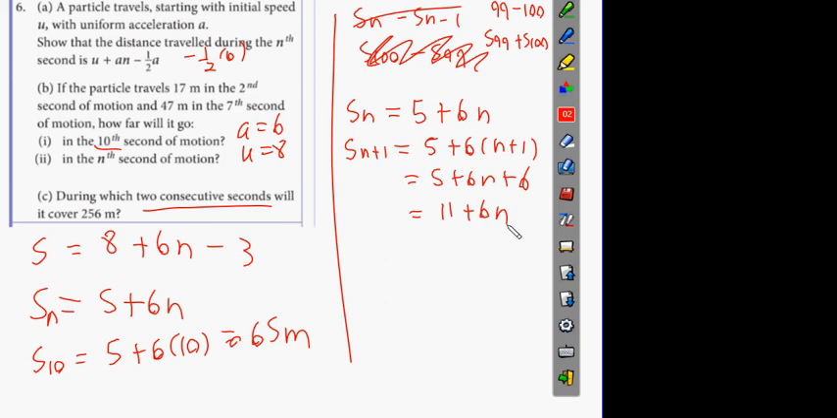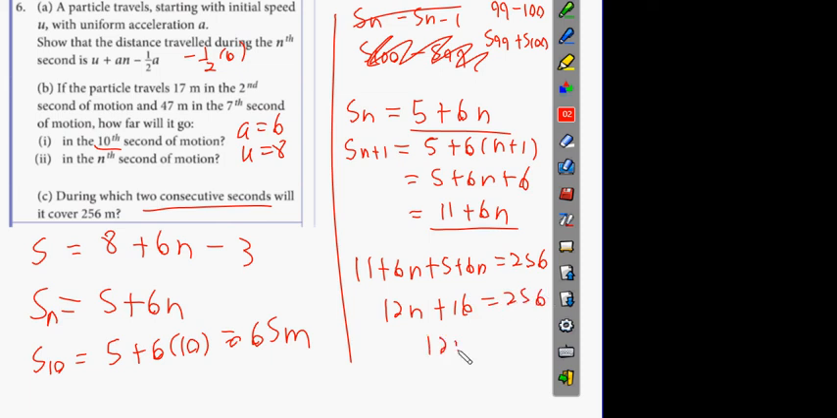Now I have to find these 2 seconds added together. It's the same thing as S99 and S100 being equal to 256. So 11 plus 6n plus 5 plus 6n equals 256. Therefore we're going to get 12n plus 16 equals 256. 12n equals 240. n equals 20. So this means that 256 metres was covered in the 20th and 21st seconds. Okay guys,